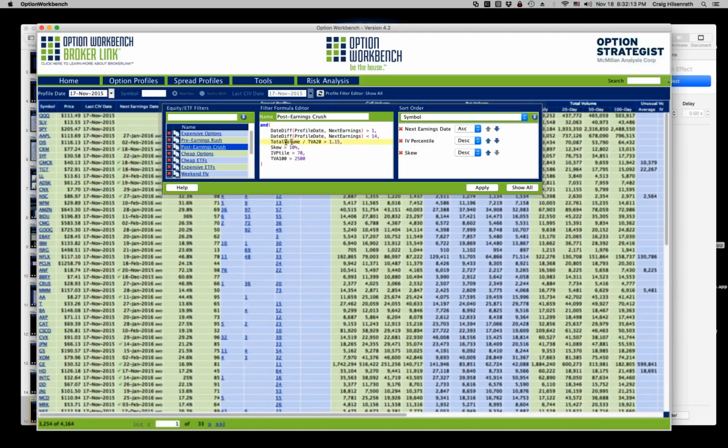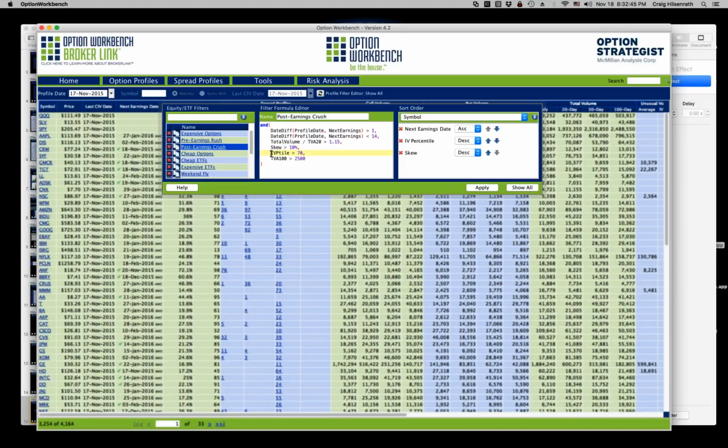I'm not sure actually why I have this in here. I think I might have been doing that for a demo, but that'll show options that have more activity than they have had over the 20 preceding days. I want there to be a nice volatility skew of at least 10%, and that skew measures the dispersion of the volatilities of the individual implied volatilities for the options in the class.